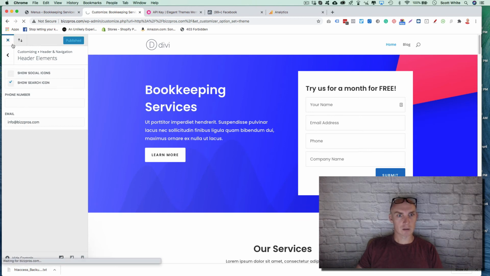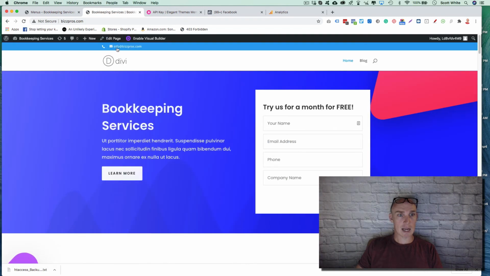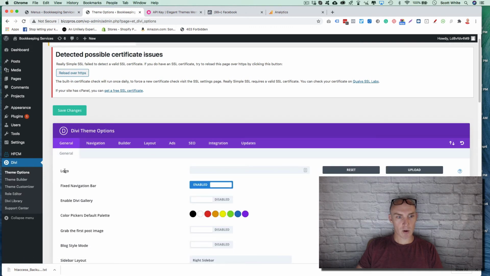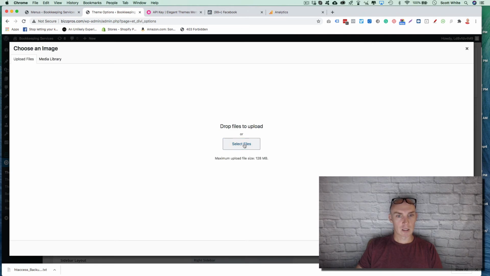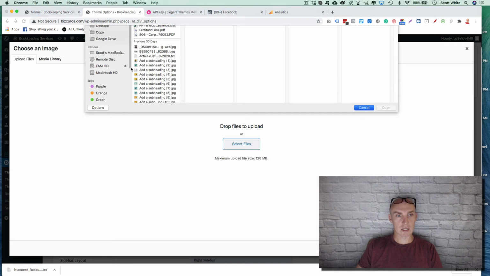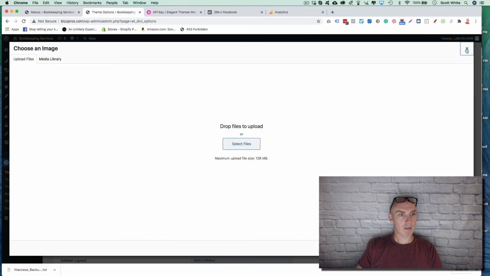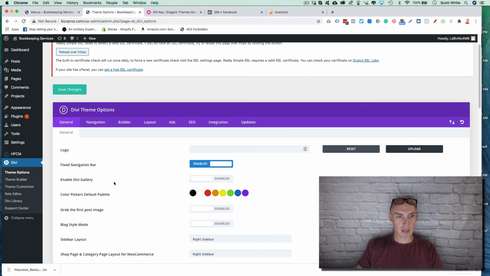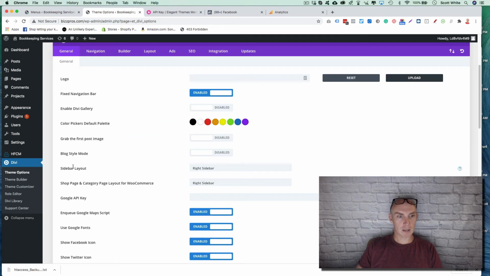Hit X. Okay, see, now you can see where the phone would go and the email at top, and the social media icons would go here. But if we want to change this logo, let's go to dashboard. You're going to go back into Divi, the theme options. You're going to see right here logo, and you can just hit upload and upload whatever logo you want to add in there. We don't have a logo yet to add in there,